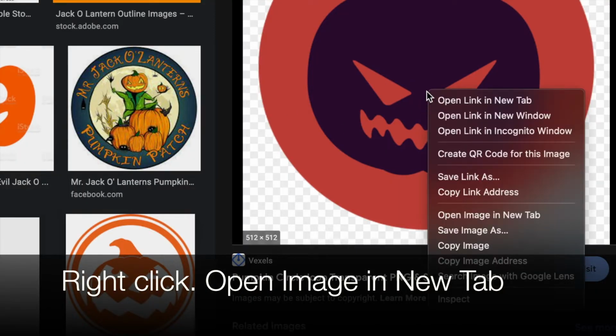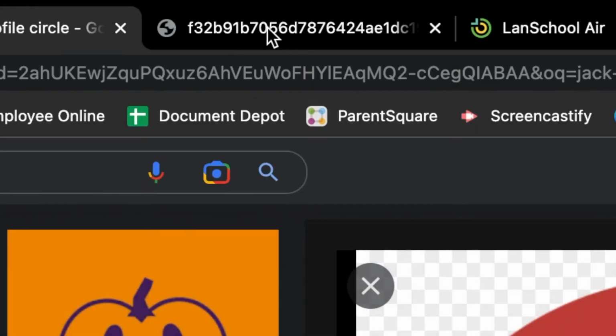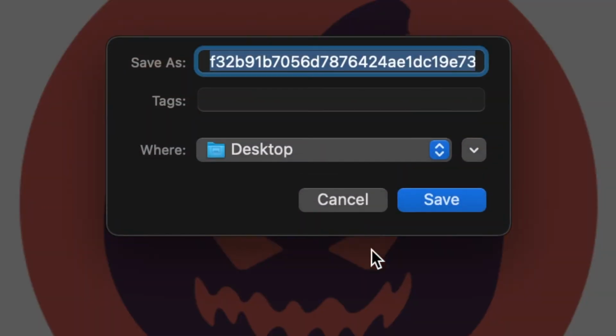But remember, right-click on it. Open image in new tab. Once you do, you get something called F32 blah, blah, blah. But if we look at it, this is what we have, correct? So I'm going to right-click. I'm going to save image as